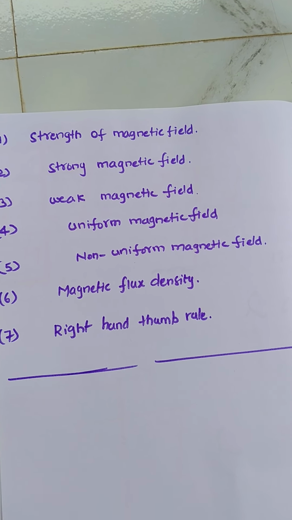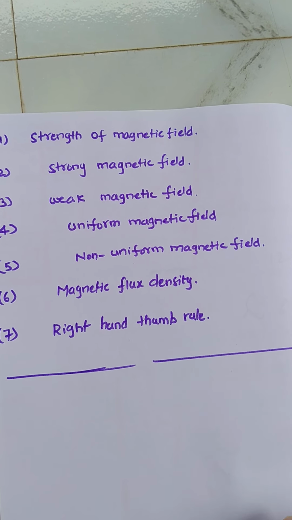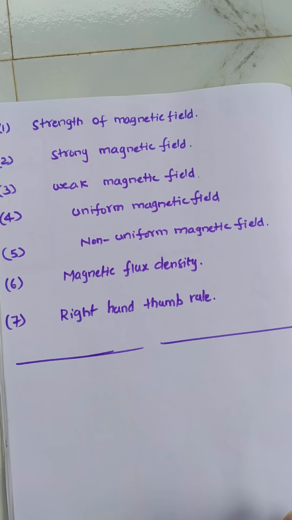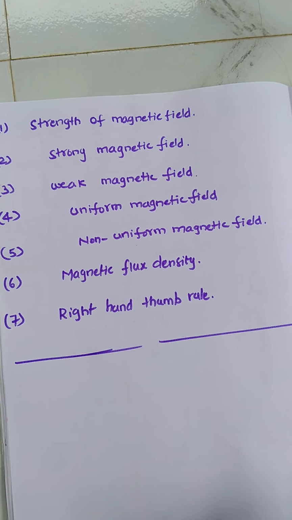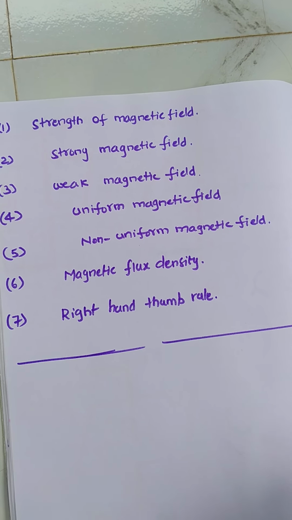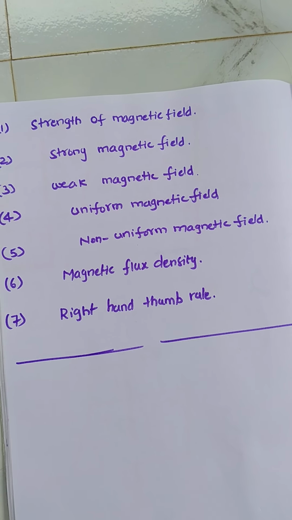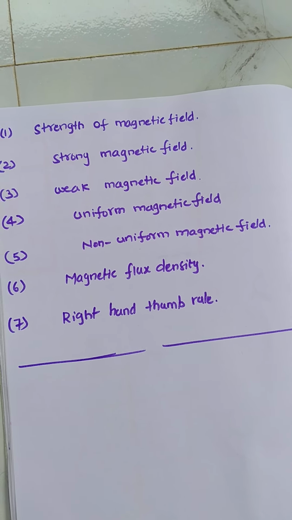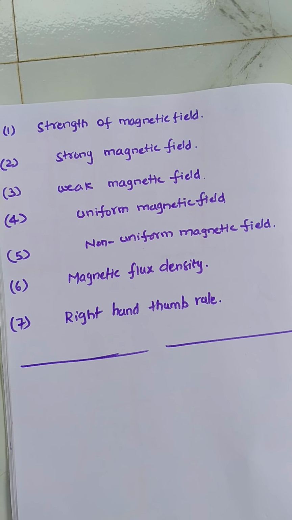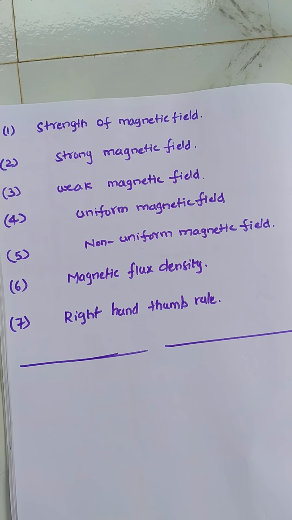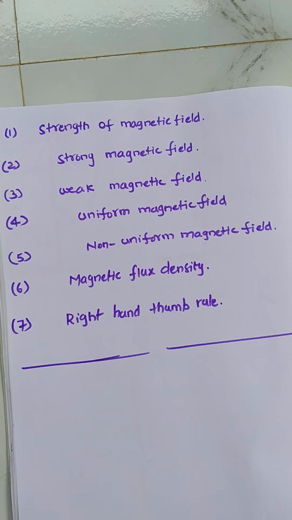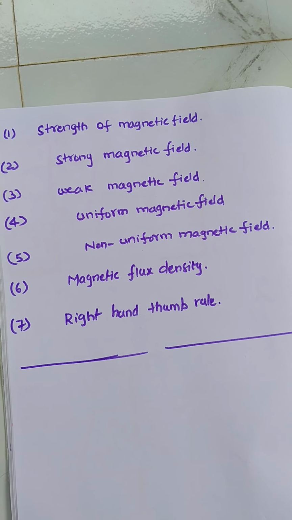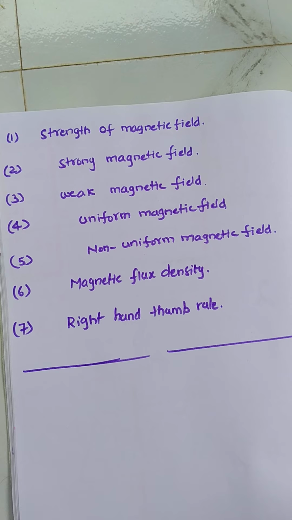See, dear students, every day I'm telling about magnetic field, magnetic field, magnetic field. So, what do you mean by a magnetic field? Already I told you, this field occurs in the space surrounding the magnet, right? How this field occurs, I already discussed. For example, if you keep a magnet and a straight current carrying conductor, a compass needle will be deflected, and if you keep a compass needle near a bar magnet, it shows deflection, then the field is present.